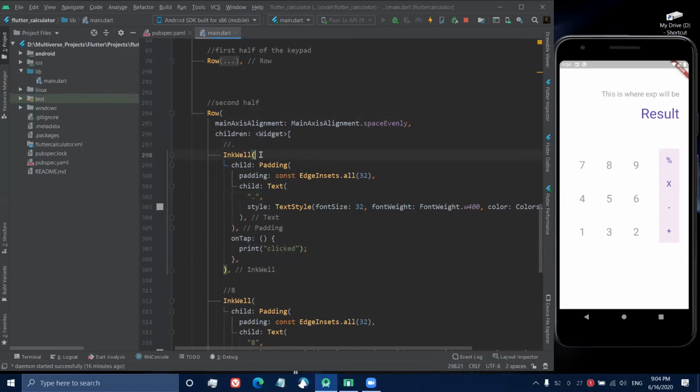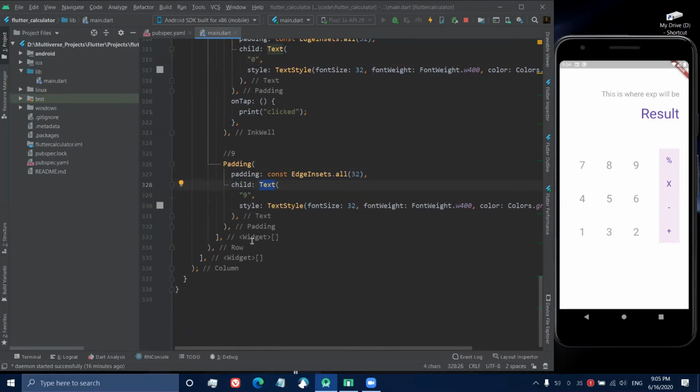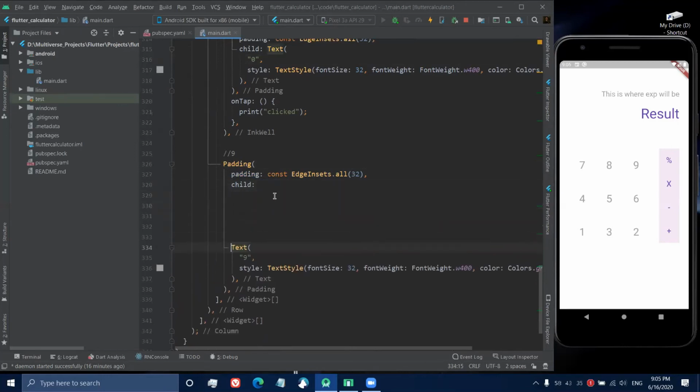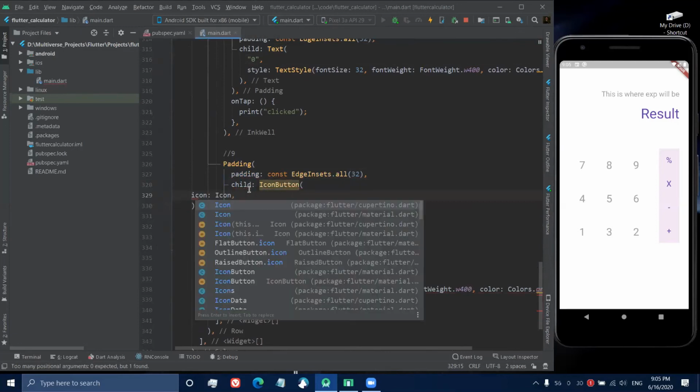This should be a back button, right? So this should not be a text. Instead, we'll remove the ink well. Instead of text, the child should be an icon button. The difference between an icon and an icon button is icon button wraps over the icon to make it clickable. So I can define an icon button, and I can define an icon in it, right? Icon, and then I'll say icons dot